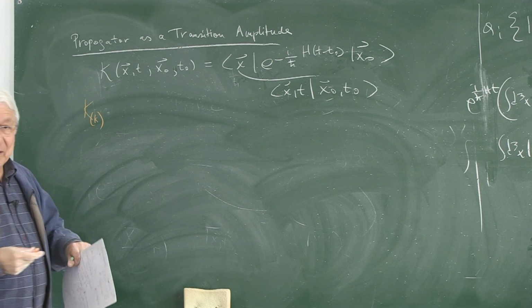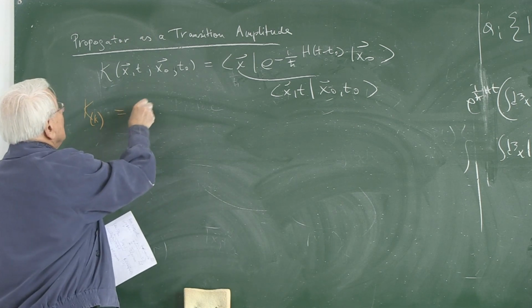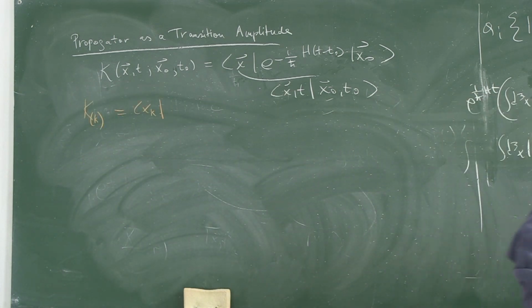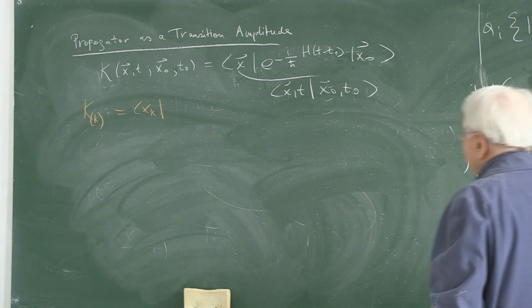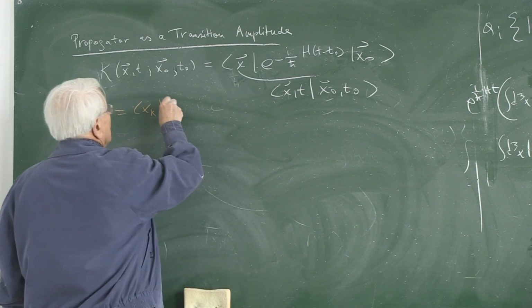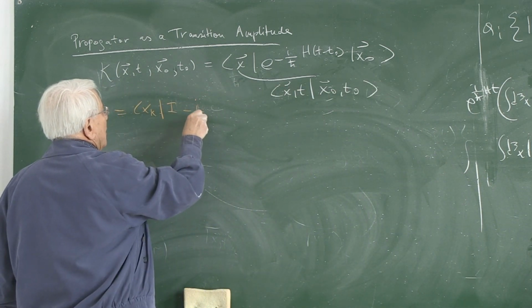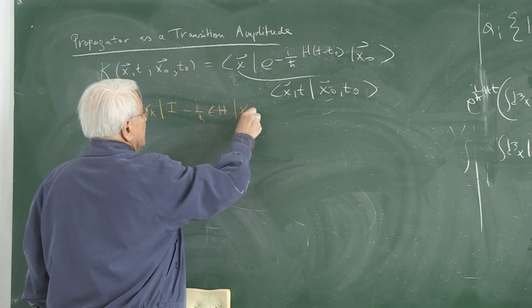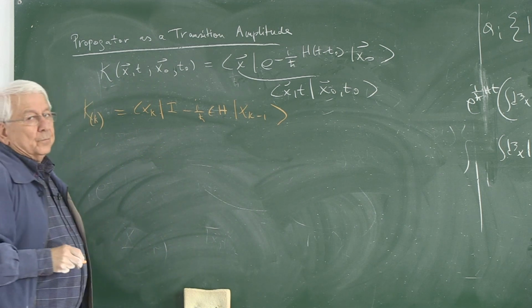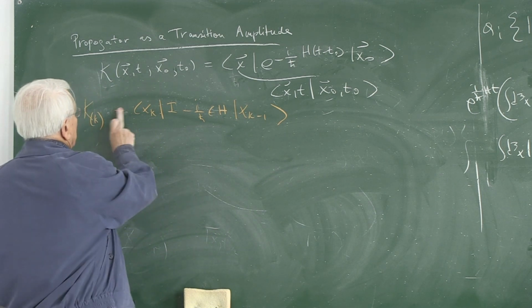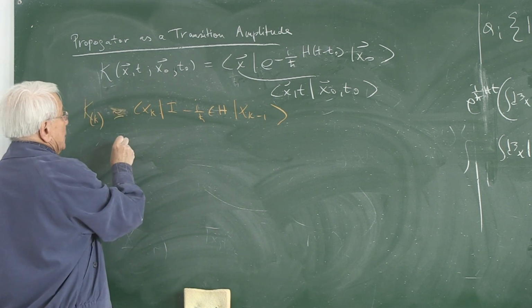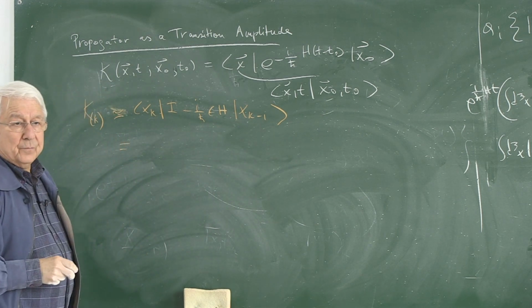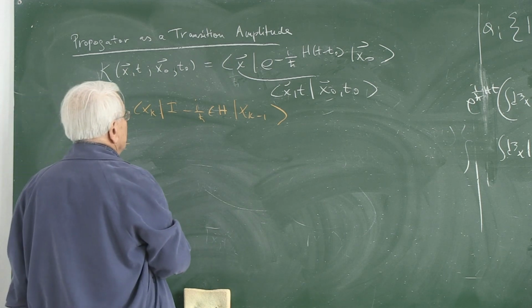It may not be the best naming, but anyway. xk, and in the middle I have the 1 minus i over h bar epsilon times the Hamiltonian operator, then xk minus 1, infinitesimal. So this is equal to xk minus 1, which is